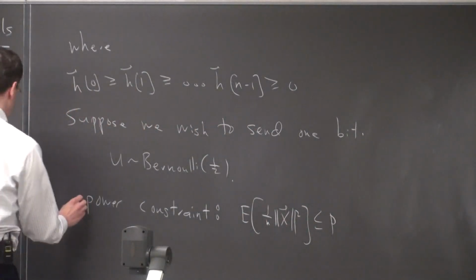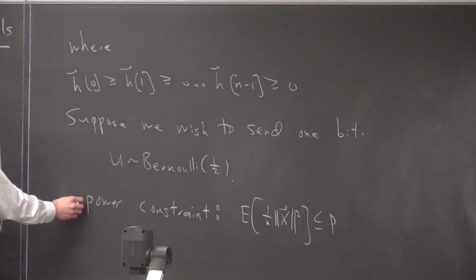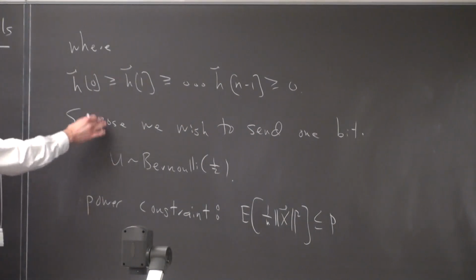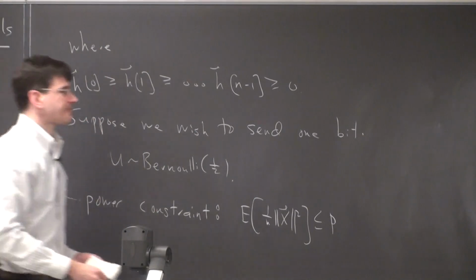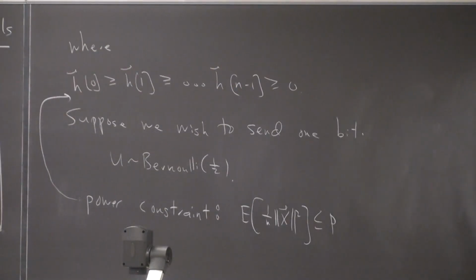This should arguably be before you start talking about sending a bit, because the power constraint is independent of what you're transmitting, like how many bits you're transmitting. So really, this should be up here maybe. Set things out of order. Okay, so if we want to send 1 bit, and that's our power constraint, then